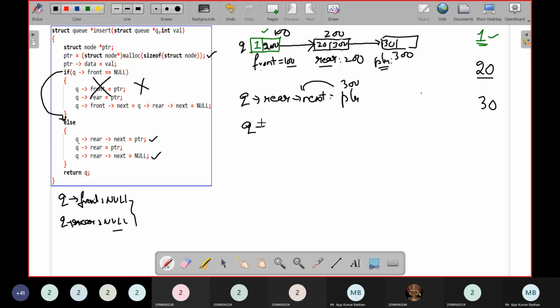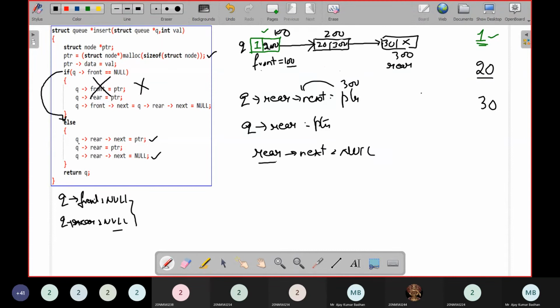Good. Now this rear should be pointing to the new node whichever is created. How to do that? Very easy, right? Q of rear equal to pointer. So simply what will happen now, this particular rear will jump to this particular location. That is nothing but the new node whichever is created. Now he has a next block here, so the next block should consist of null. So rear next should be equal to null.